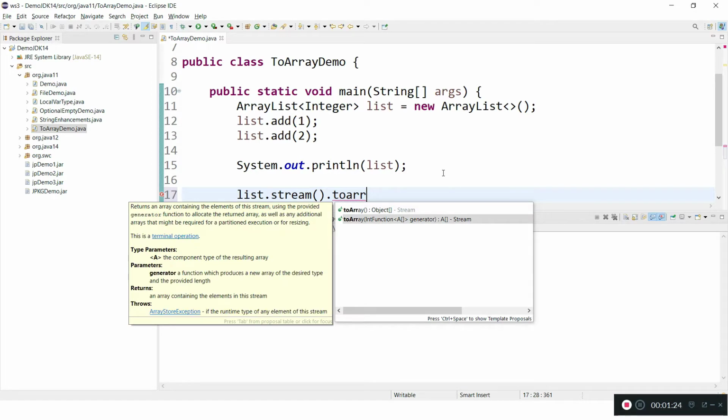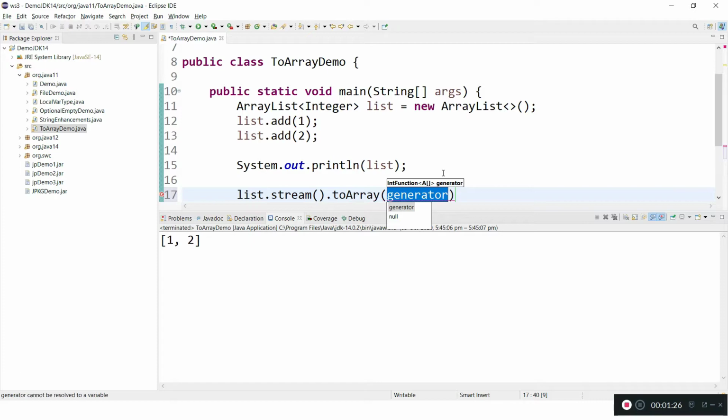It will take, here we need to pass a generator, nothing but one functional interface overloaded, or we can pass a lambda expression. Let me create one lambda expression to pass this.